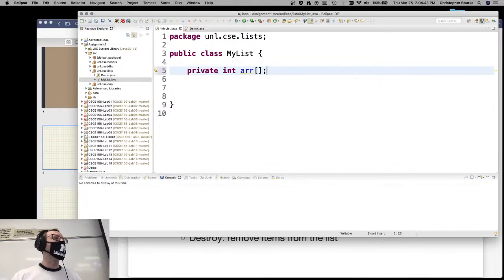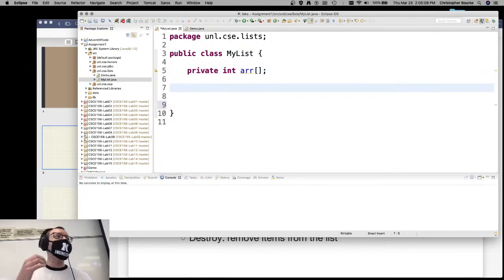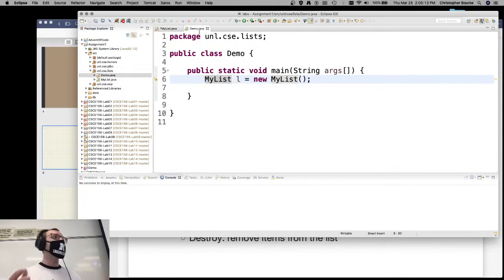And I'm just calling it ARR for short. You can call it the underlying array, the internal array, whatever you want. You can call it array. I'm just shortening it up to ARR, right? A would be too short. The underlying array, too long, but this is just Goldilocks. Not too hot, not too cold. Array. Okay, let's go ahead and make a constructor for it, because over here there's already the default constructor